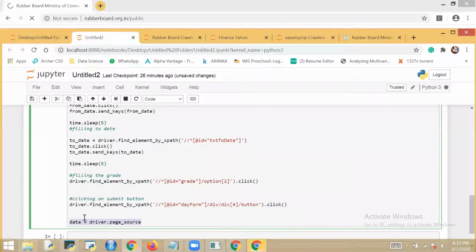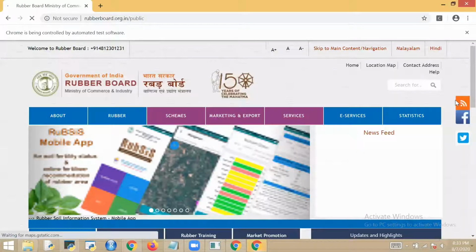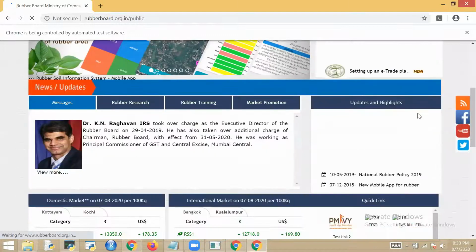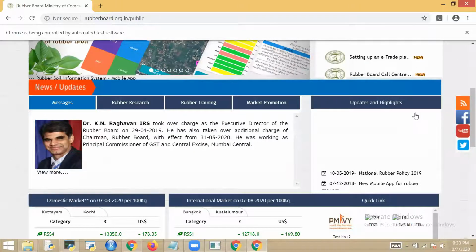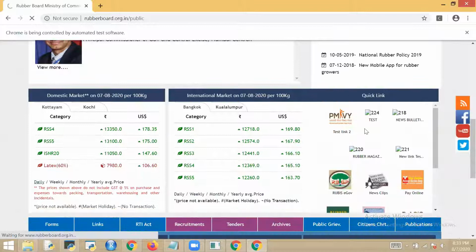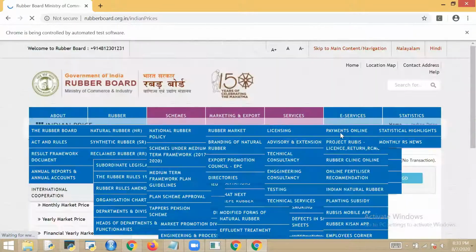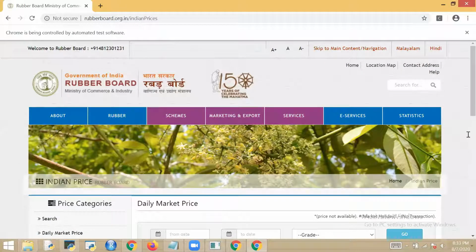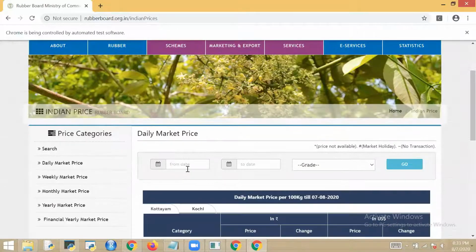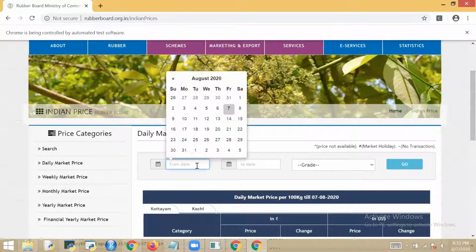Driver dot get data of page source. It is waiting. After waiting, it clicked. Again, it went to sleep for 5 or 10 seconds, whatever we have given as inputs. After that, it will fill the forms.